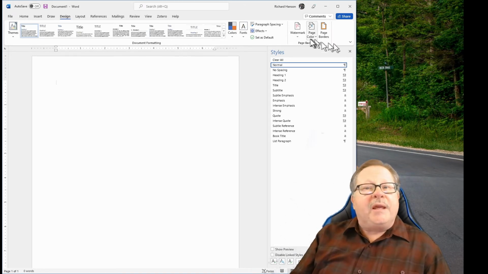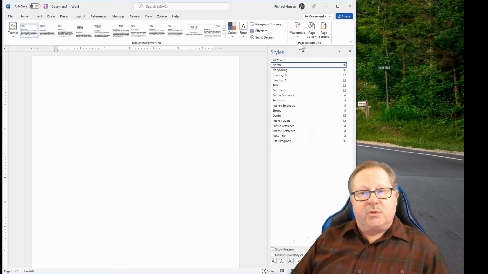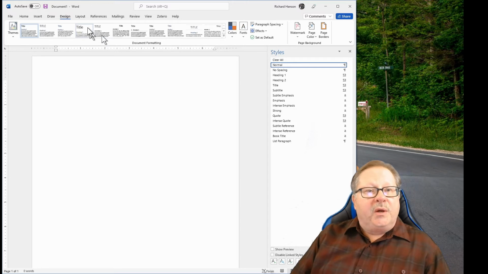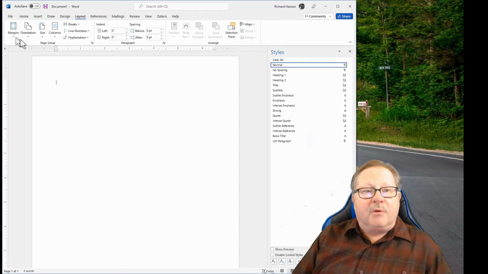You can set a page background. A lot of companies like to set a watermark, like if the document is still a draft document, you can set your watermark to say draft behind all the text so that everybody knows that this is not a finalized document. You have a Layout tab here, and the Layout tab gets you your page setup, like your margins, your